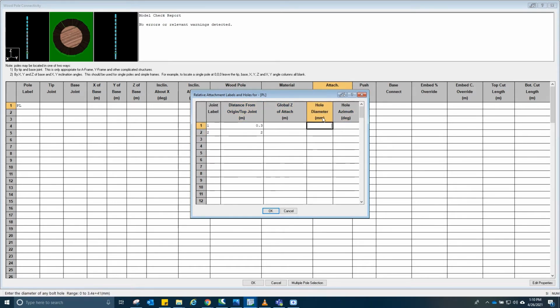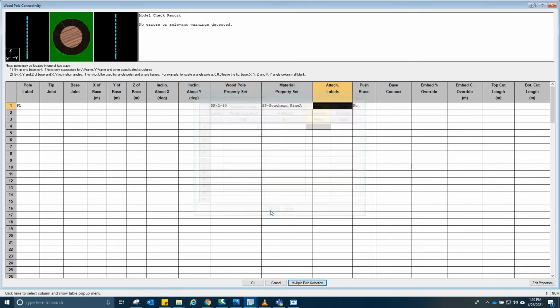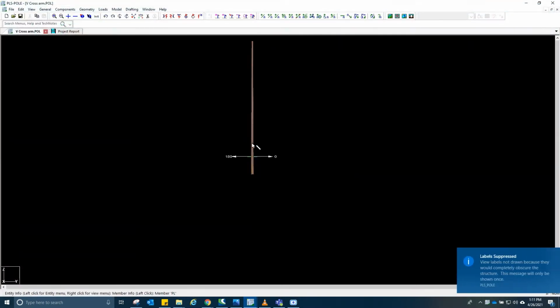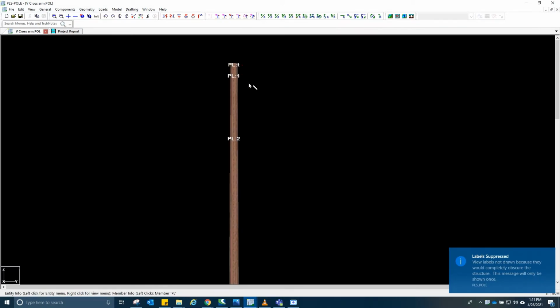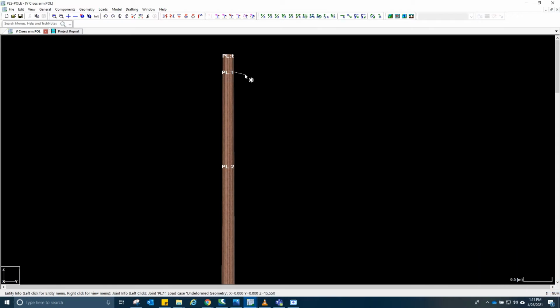Okay, so we do have a pole here already. As you can see here, the holes or the attachment points are labeled at the location. Let's try to do the top one first. This one, the middle post insulator and its support. How are we going to do this? First, I would introduce you to the concept of using